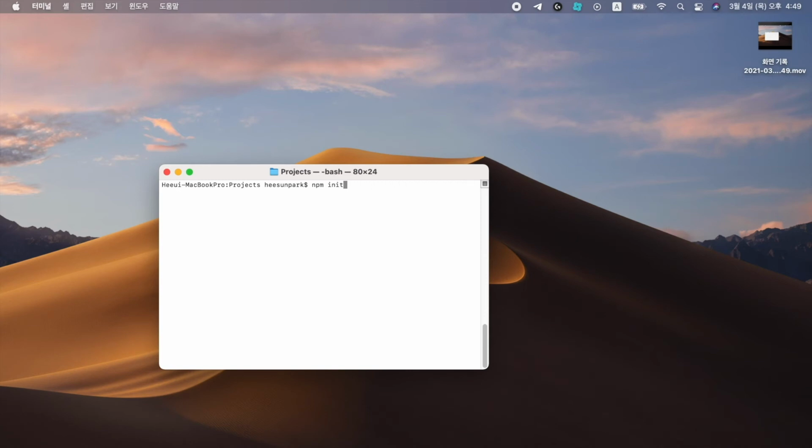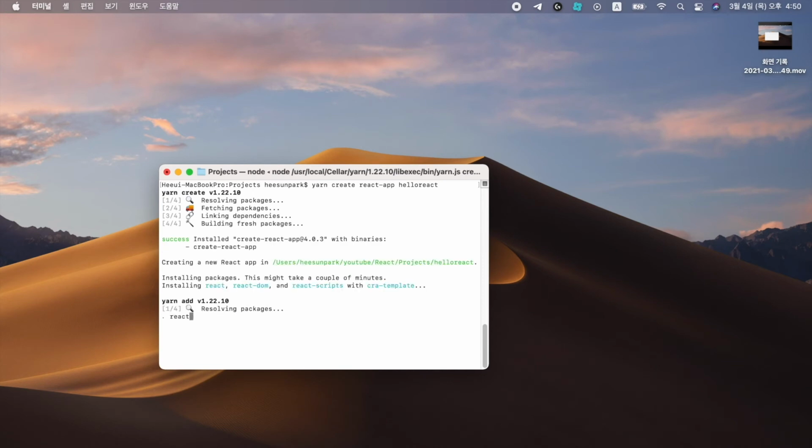But since we will mainly use Yarn, if you change to Yarn, give the command yarn create react-app, then say hello-react for your application and press enter.